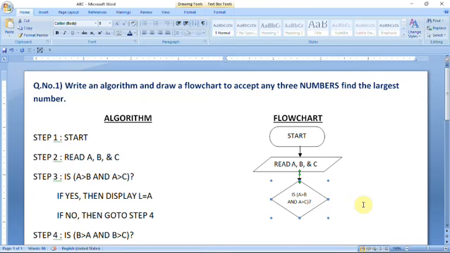So this way, and next, if this condition is satisfied, suppose true, because it can give two results. Here you can see yes also and no also. Sometimes the condition can be satisfied, it might be true, and sometimes it will not be satisfied. So we have to give yes also and no also.